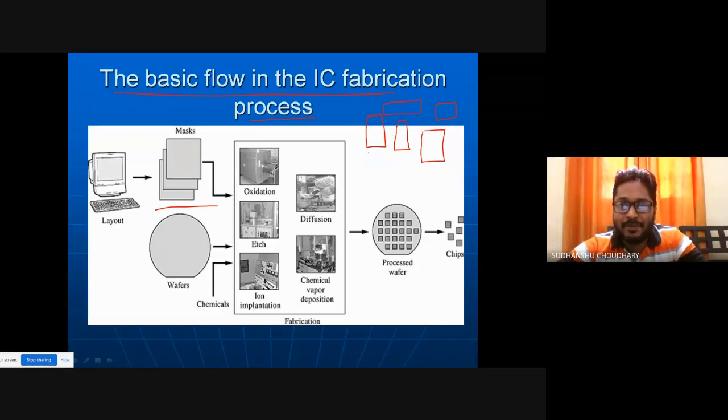Now these patterns have to be transferred on the wafer, right? So for transferring these patterns, you need a mask. Mask is nothing but a glass sheet, and then depending upon which regions you want to either dope or diffuse or create silicon dioxide, right? As I said, you need many masks, more than 30 masks to produce the full digital IC. So obviously for producing a transistor also you need more than one mask.